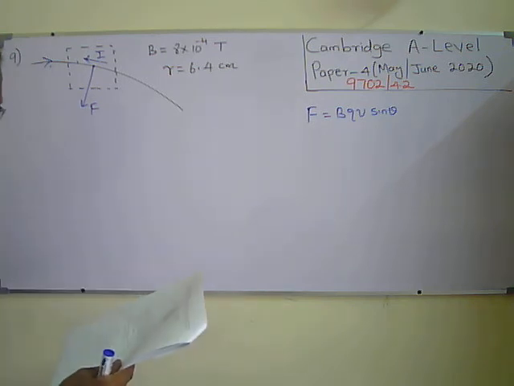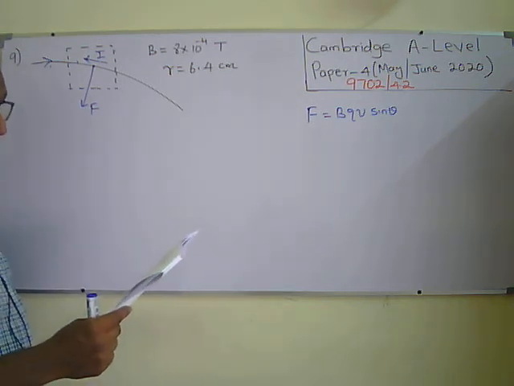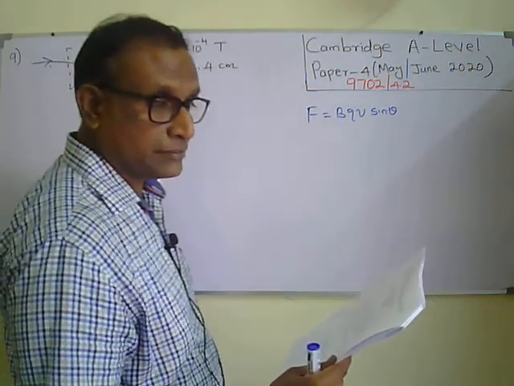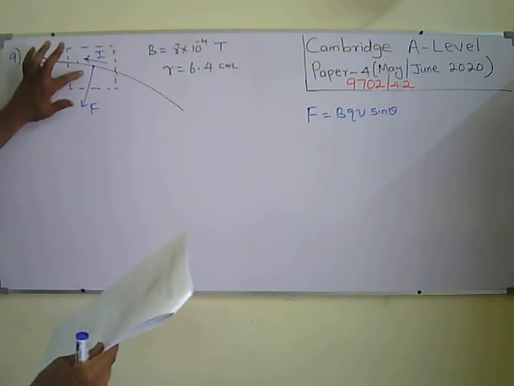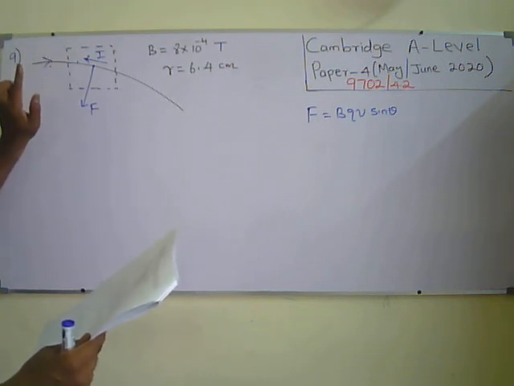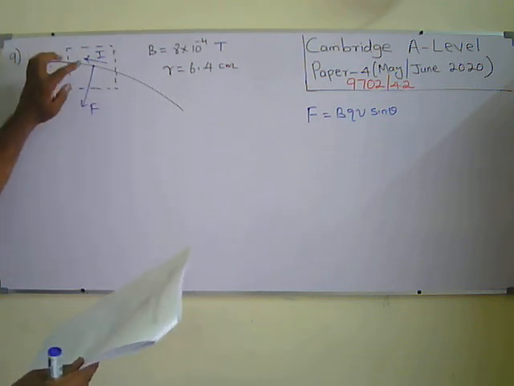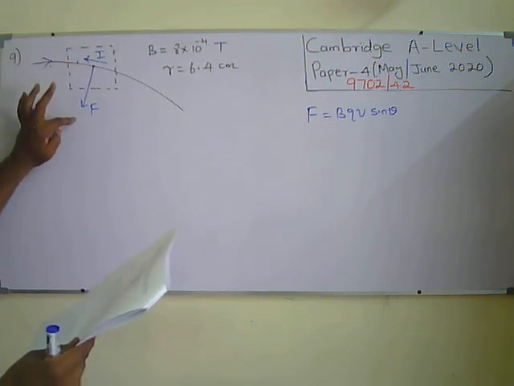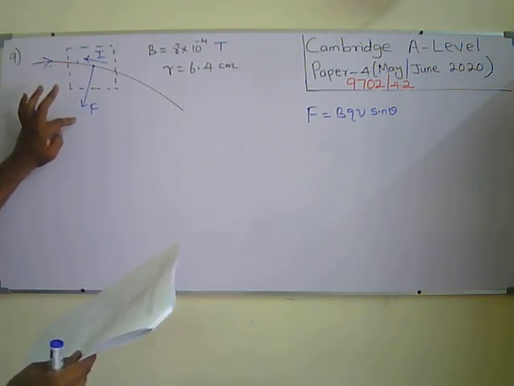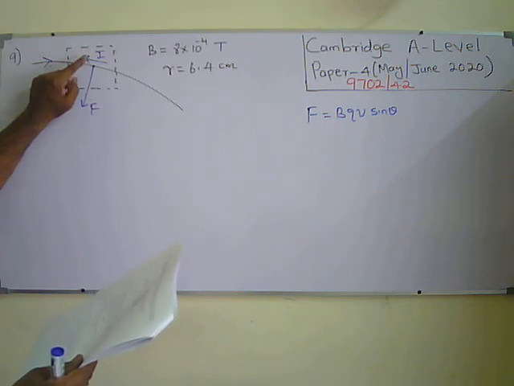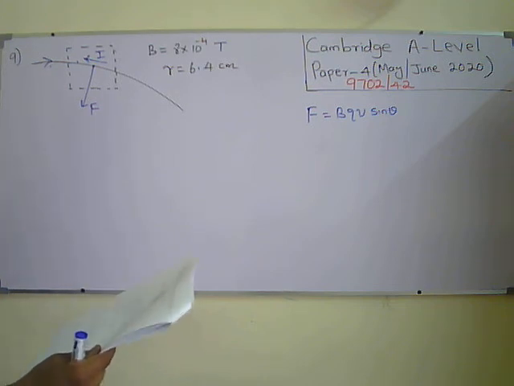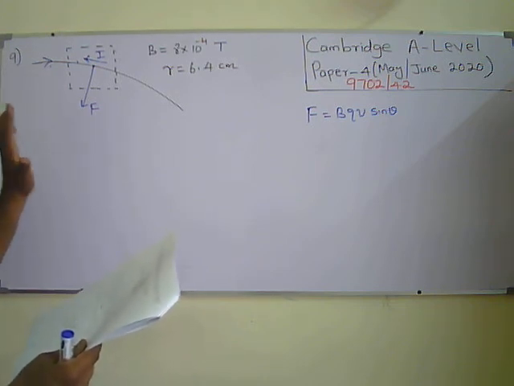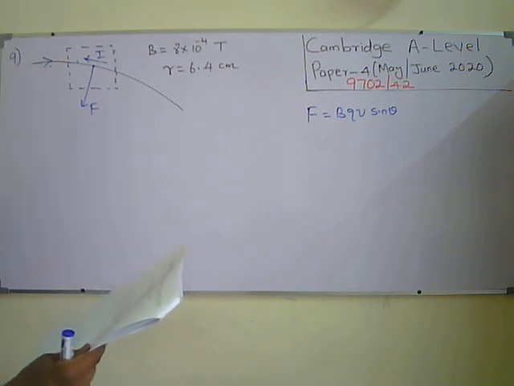So you should tell the answer. It's a 2 marks question. They asked to state and explain. So you should give the explanation. You should say the direction of the force. You can mark it on the diagram. So you can say the direction of the force is towards the center of the curved path, because it's the centripetal force. Direction of the current is towards left, opposite to the direction of velocity. Okay, then you can say, according to Fleming's left-hand rule, magnetic field is directed into the page.